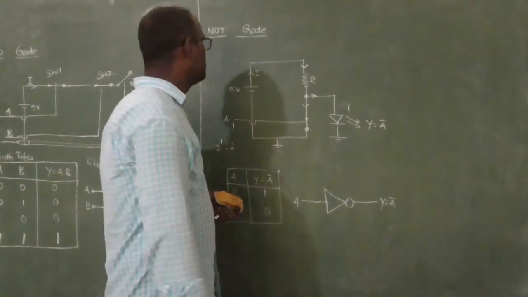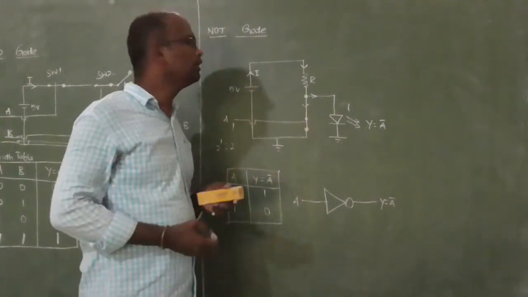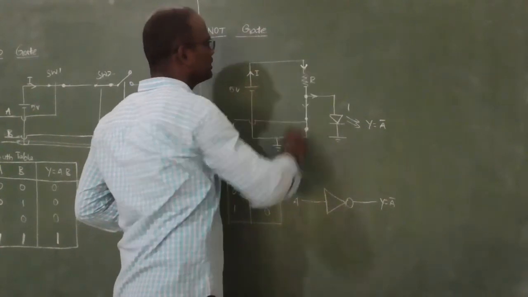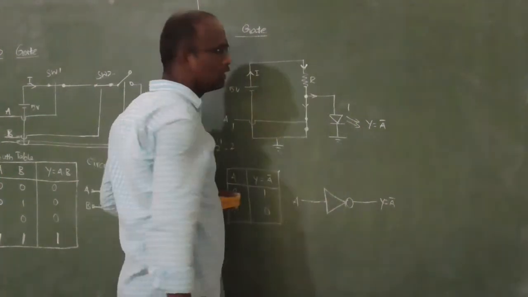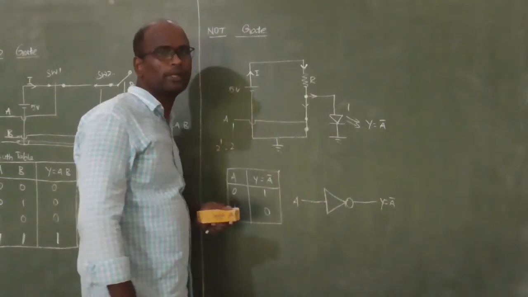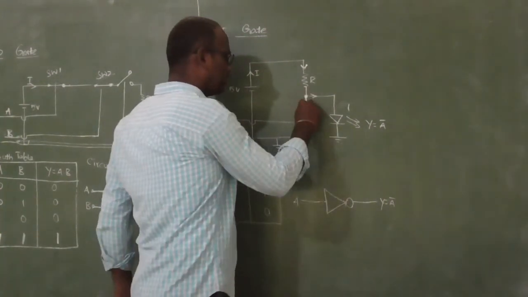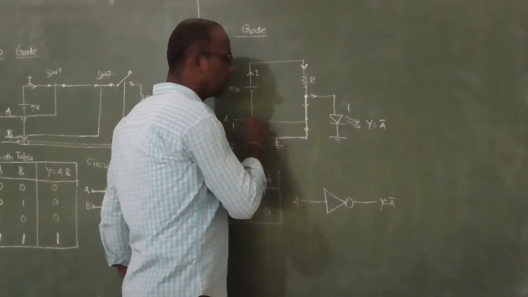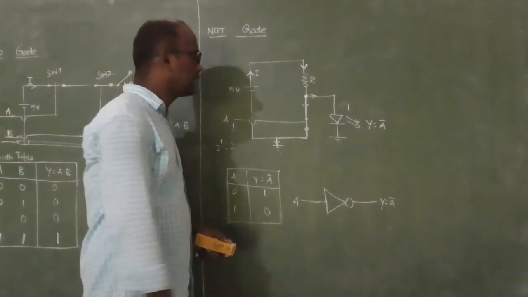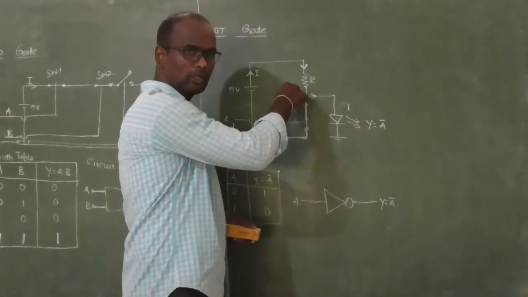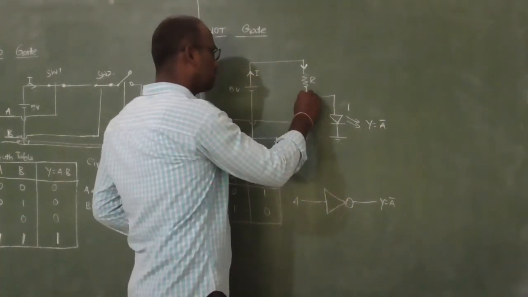Here, the same, the current driven from the 5-volt battery moves to the resistor. After flowing into the current limiting resistor, it enters into the parallel path. Now the switch is in closed condition. There is a direct path to ground provided by the switch. There is no element interacting within this path. It is a direct ground for that current.